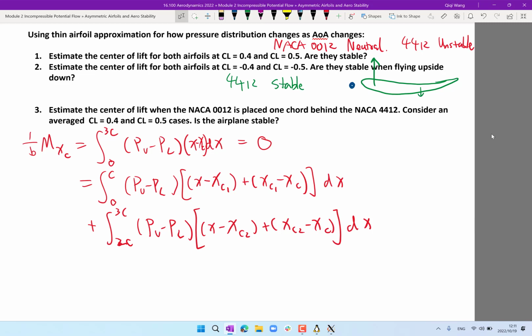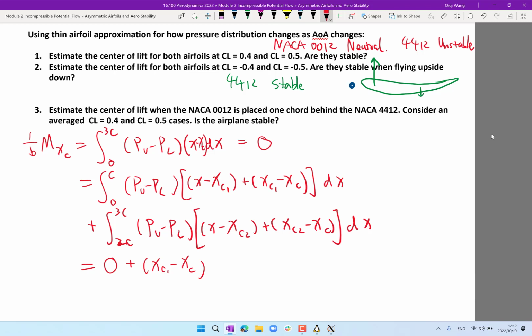Remember, xc1 is the location of the center of lift of the front airfoil, right? So by definition, what is the integral if we only multiply the first term? 0, right? That's how we define the center of lift. The moment is going to be 0. The second term is a constant that can be pulled out of the integral, right? So what we get out of the first integral is 0 plus this constant xc1 minus xc times, okay, now